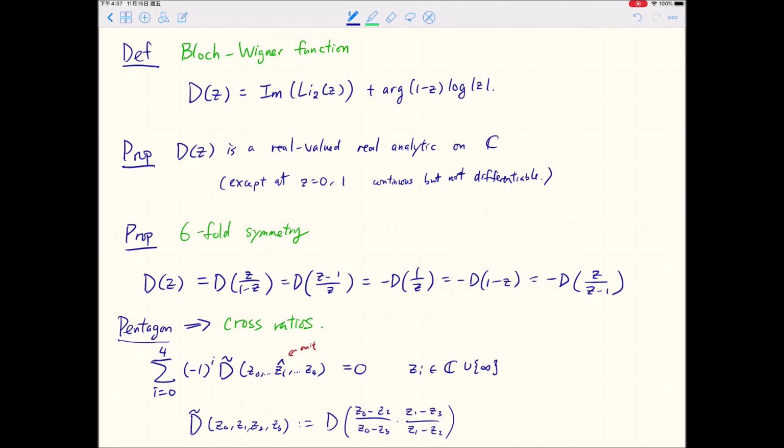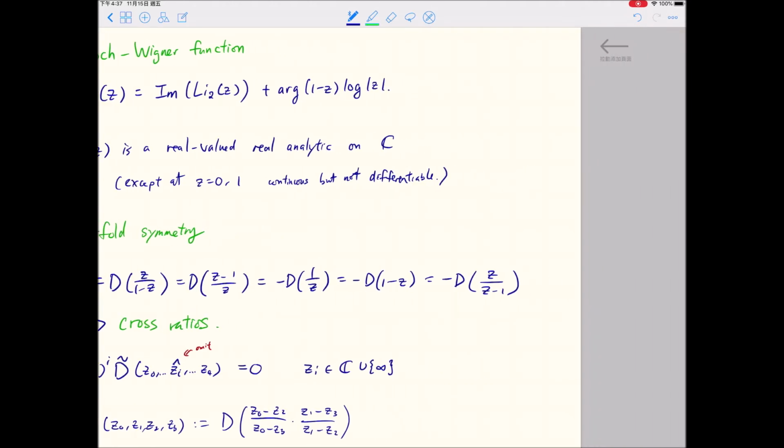Yeah, so in terms of this Bloch-Wigner function, it actually looks quite nice. So you have 6-fold symmetry, and you also have the pentagon relation in terms of the cross ratios. And actually, this is closely related to hyperbolic geometry. And this 6-fold symmetry really just tells you that the volume of a tetrahedron will not change if you permute the vertex. So to make this precise, let me state the main result by Lobachevsky, which is a very old result in hyperbolic geometry. It says that the volume of the ideal tetrahedron